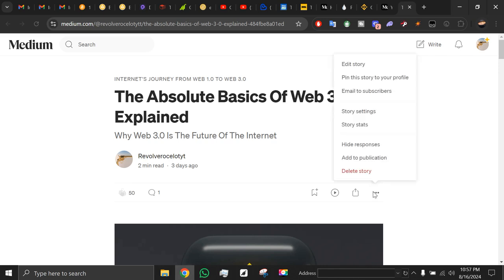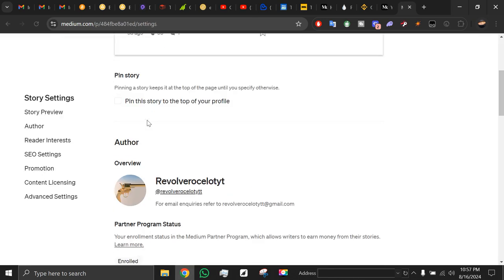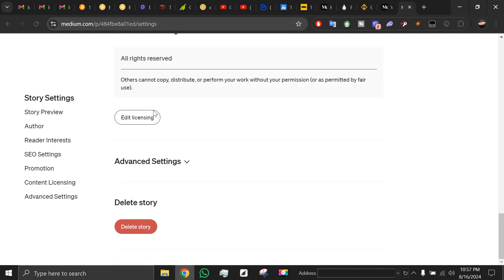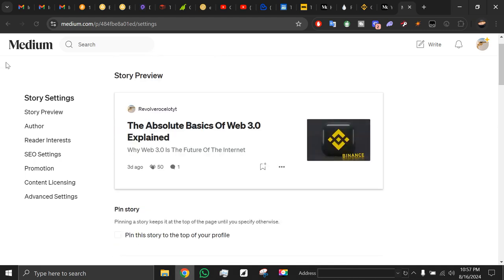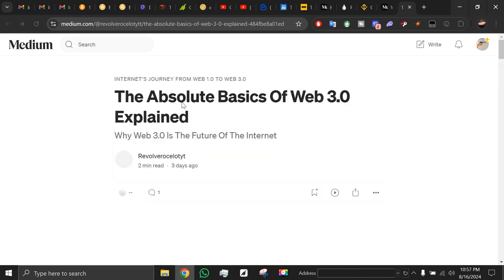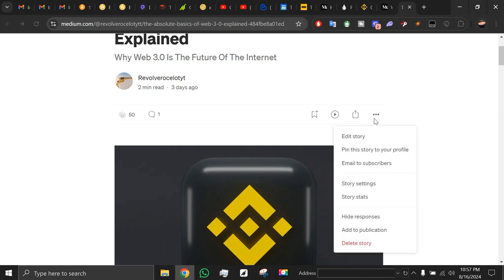So these three dots over here, if I go to story settings, you can find it over here, my friends. Under advanced or something, you can see the canonical link, which I'll make a separate video on how to do, my friends. So I'll go back, and I'll click on these three dots, click edit story,